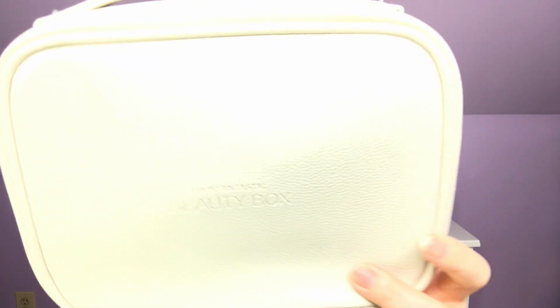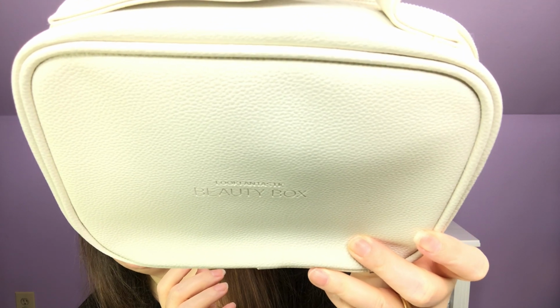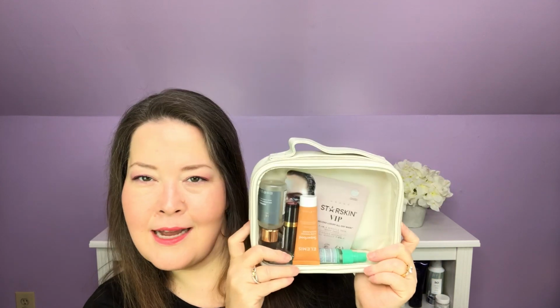Much to my surprise, because both GlossyBox and Look Fantastic come in outer boxes that hold their inner boxes, which always keeps them so safe. I love it because I use them for storage. But this month, when I opened the outer box, this was inside. So instead of having a box this month to hold our goodies, we have a really cute travel bag that on the back even says Look Fantastic Beauty Box. And it's just kind of a leather looking pearlish color, and the front, so you can see exactly what you're taking, is see-through. We have our booklet that not only tells us about everything that's on the inside, but